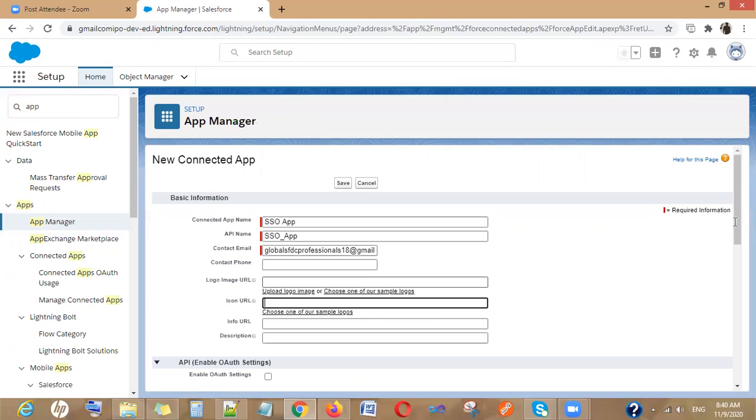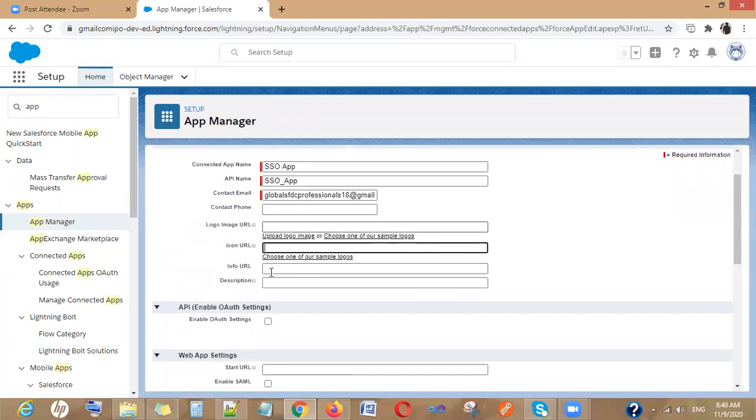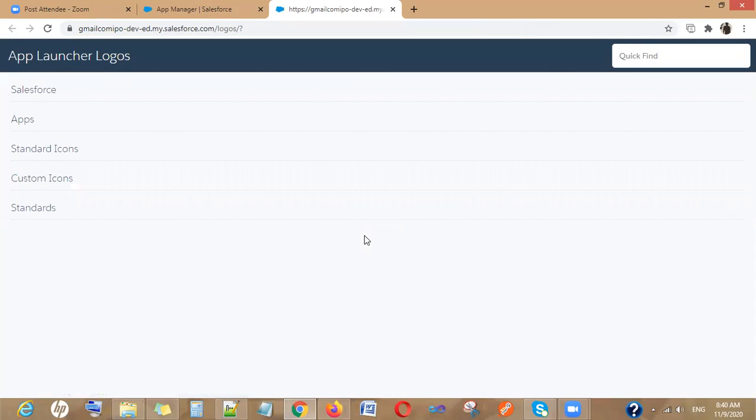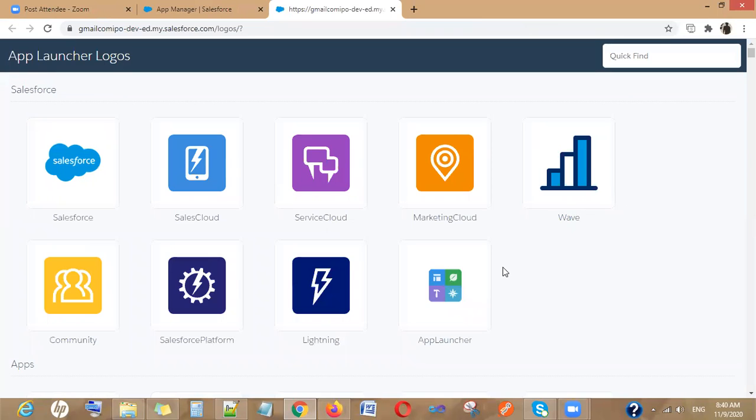Now, if you want to give any logo, you simply have to choose the sample from here. Okay. For example, if I go with the size for this one, platform one,